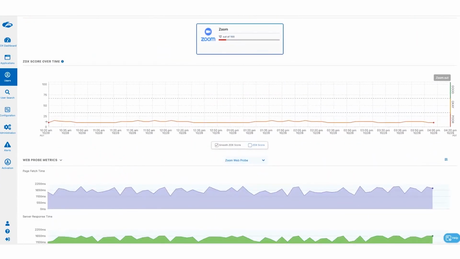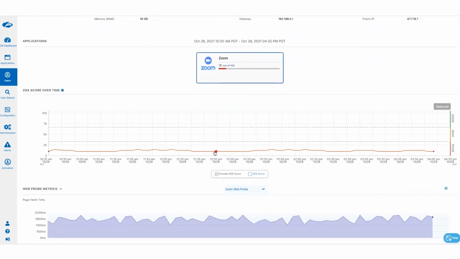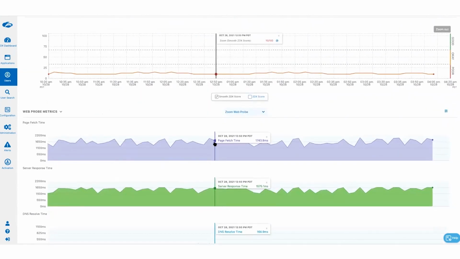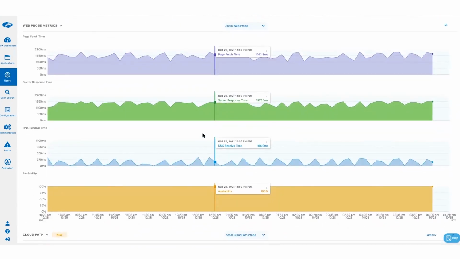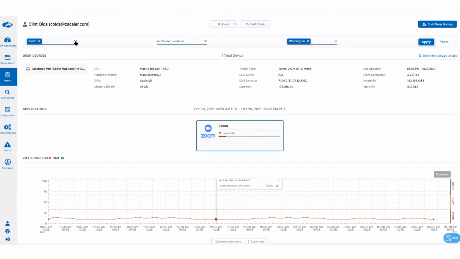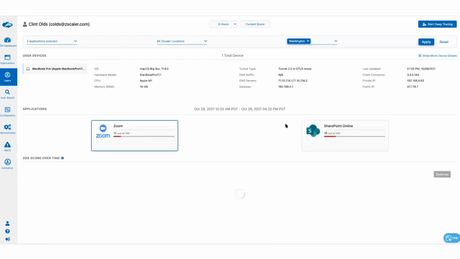What I'm observing here is his overall score for Zoom in last 6 hours is bad through the day. When I click here, let's say at 12:50 p.m., I actually see that score has a page fetch time value of 1800 milliseconds. Then I can see that server response time is fairly high as well. Another factor that I want to rule out is, is this a Zoom specific problem, or this user is having problem with all their applications? I'm going to pick a couple more applications here. And when I pick a couple more applications, I'm actually able to verify that his score is bad even for